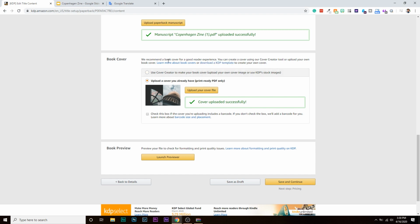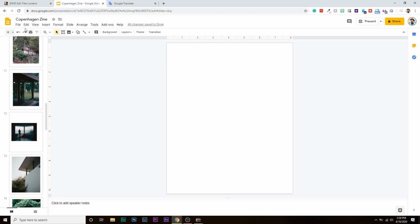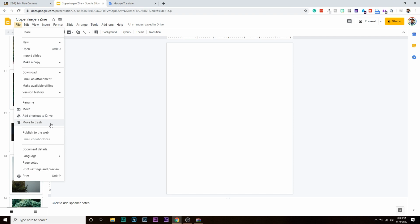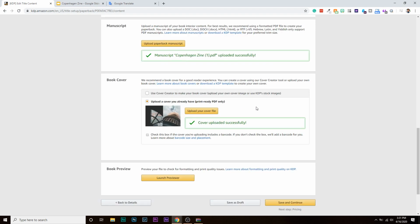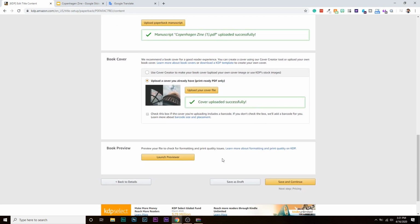And you can do that in Photoshop if you want. You can do it wherever you want. You can come back here to slides if you want to. Just make sure that the document size, the page size matches the size that is mandated in the template. But you'll create a cover, back and front, and you'll upload that as well. And then once both of those say uploaded successfully, and it may take a few minutes, you can launch your